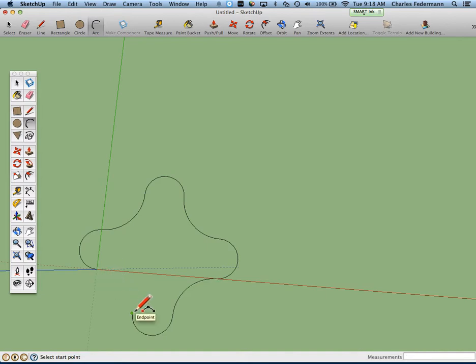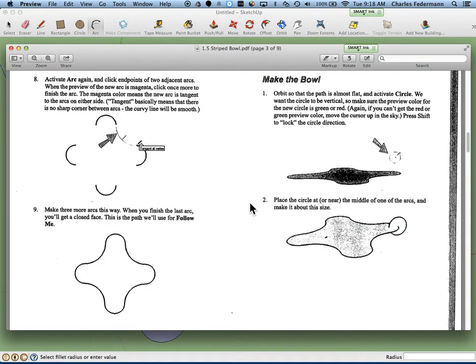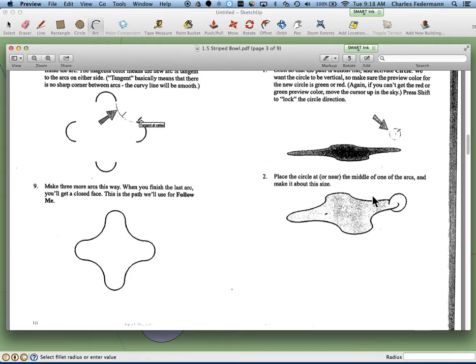I didn't see that endpoint. Endpoint. Click, drag, double click. And that's what I got. Okay, so the next thing we're going to do is we're going to put